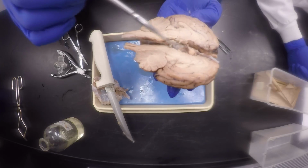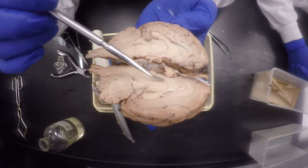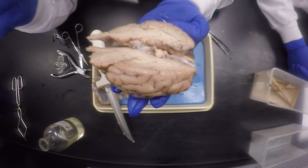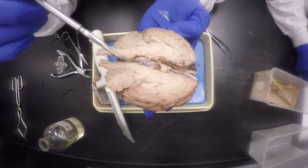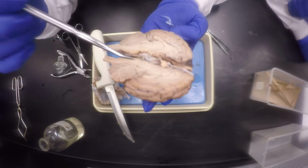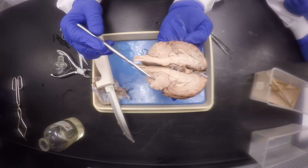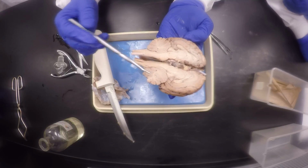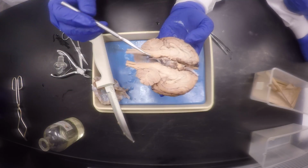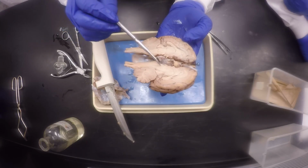Yes. We said this is the thalamus right here. So this is the hypothalamus, and then the pituitary gland is kind of down there. The diaphragma sellae separates them out like that. And of course you can see the arbor vitae arrangement in the cerebellum right here. So this is the pons. There's the midbrain, part of the midbrain, and this is the cerebral